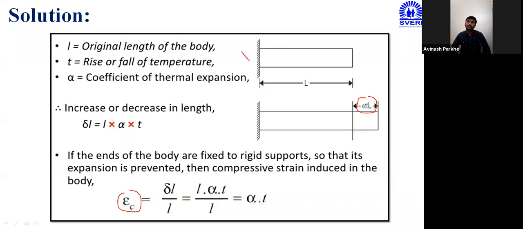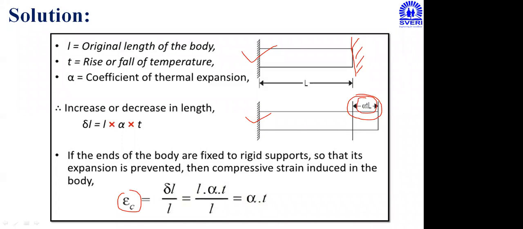So here the condition is given, one end is fixed, another end is free, and this much amount of deformation will be taking place, and that deformation is represented here. That means only thermal expansion, only thermal deformation, only strain is developed, but no stress, due to the thermal expansion. If at another side also, if both ends are fixed, then there is a possibility of thermal stress, but there is no possibility of strain. When strain is developing, the deformation झालं असेल तर.